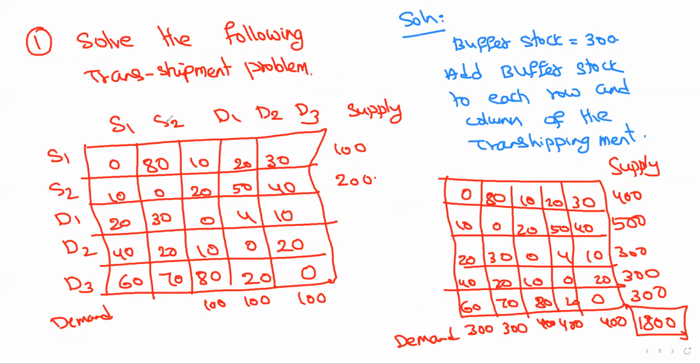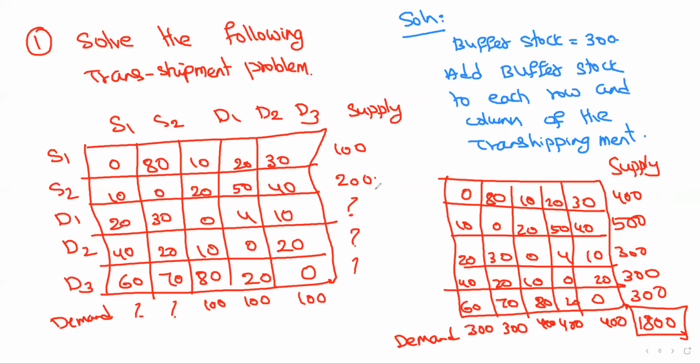So here, see, this is the transshipment problem we have. Here supply we have 300, demand we have 300. Some are left here. These are not available, so the available amount is added. That we call buffer stock. Of course, row-wise or column-wise, the buffer stock will always be the same.